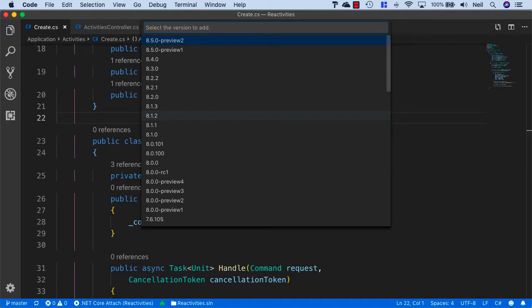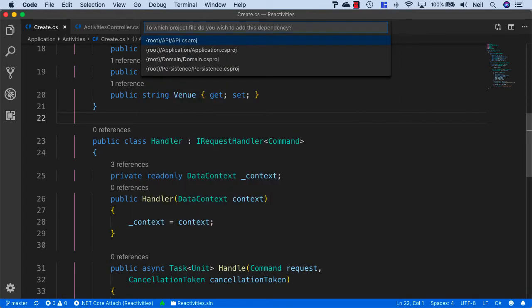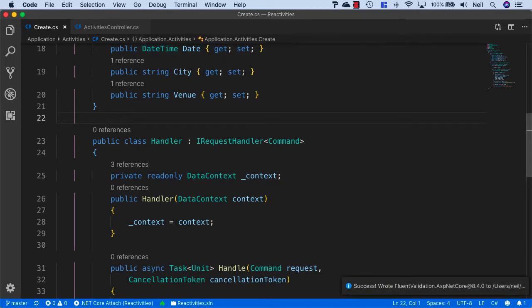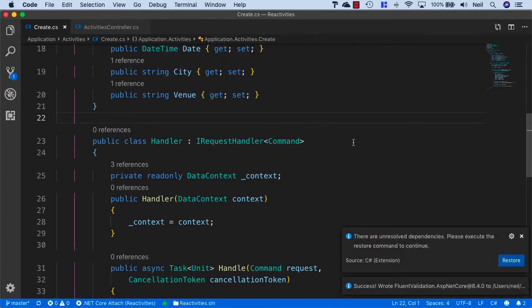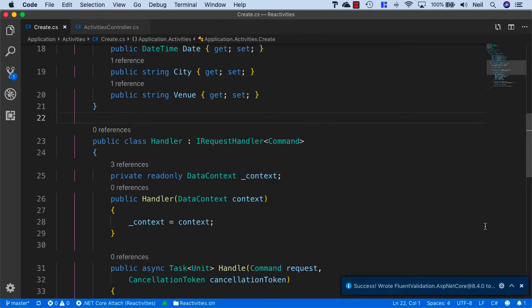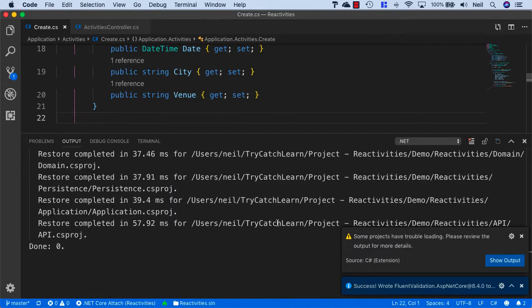Now there's a couple of preview versions here, and I'm very wary about using a preview version of anything. So let's pick 8.4.0, which is the latest version available at the time of recording. And I'm going to select this one, and we want to add this to our application project. So let's go ahead and add this, and we get success, and let's hit the restore button to add this into our